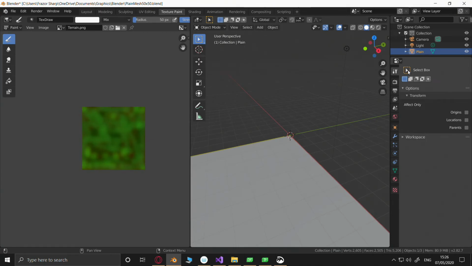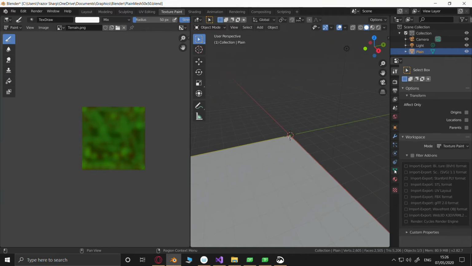Okay, select box. Alright, object data properties.